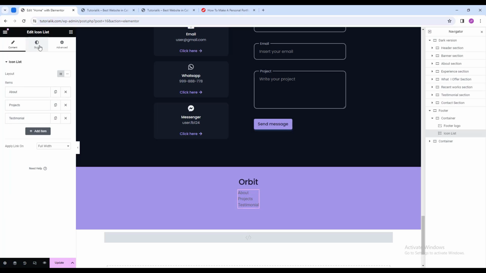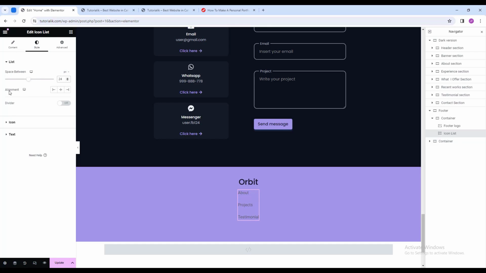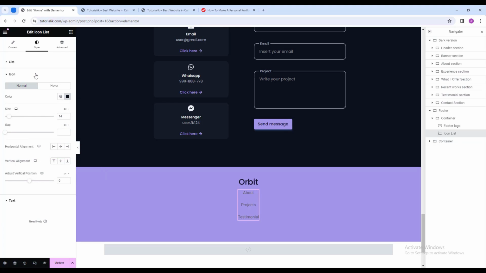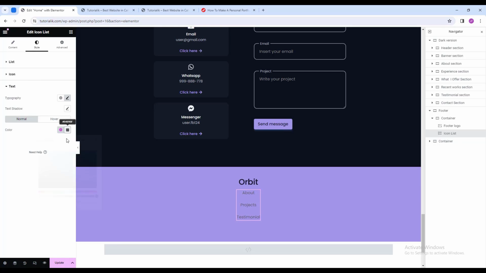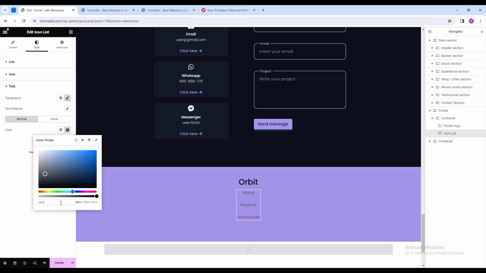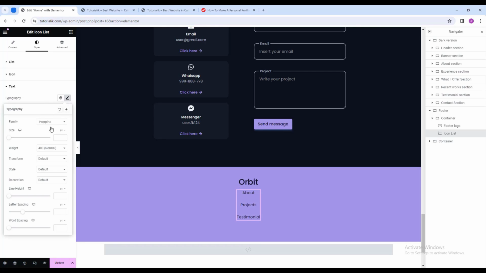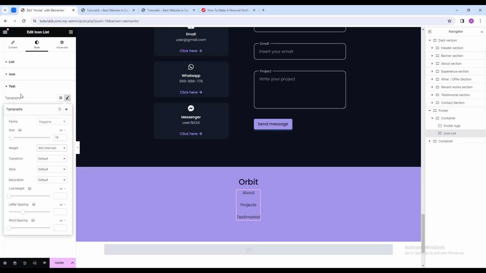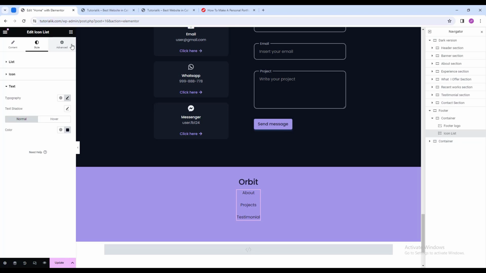Alright, now go to style tab. We're gonna add space between 24 pixel, and we'll select alignment to center. Then open the icon, and in the color we'll make it 0B111E. Actually it doesn't matter because we don't have the icon, so I'm gonna go ahead in the text, and then in the color let's make it 0B111E, and then in the typography I'm gonna make it 16 pixel and 400, and then we can add the margin here